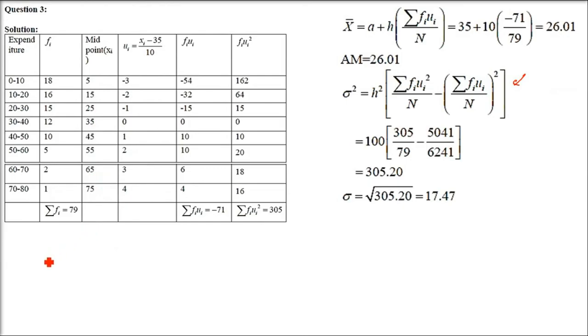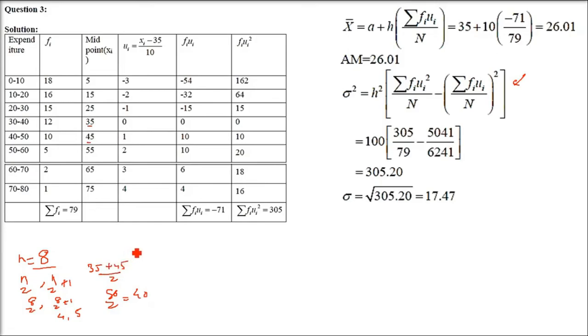One more thing let me tell you. These are 8 values. So you have to find out n by 2 and n by 2 plus 1. This is 8 by 2 and 8 by 2 plus 1, which is going to be the 4th and 5th value. Take the 4th and 5th value, 35 plus 45 divided by 2. So this is going to be 80 by 2, 40. So you can take 40. You can always take 40, you can take 35, you can take 45, it doesn't matter. But you have to take the middle value.